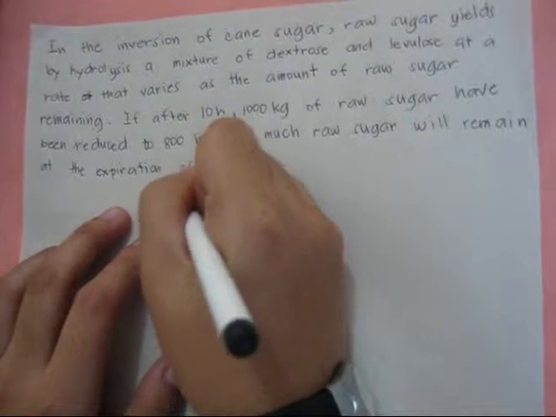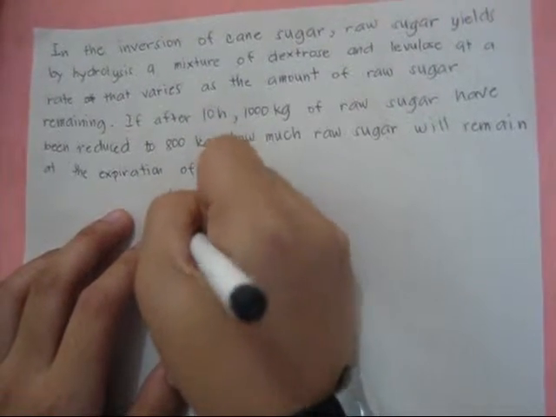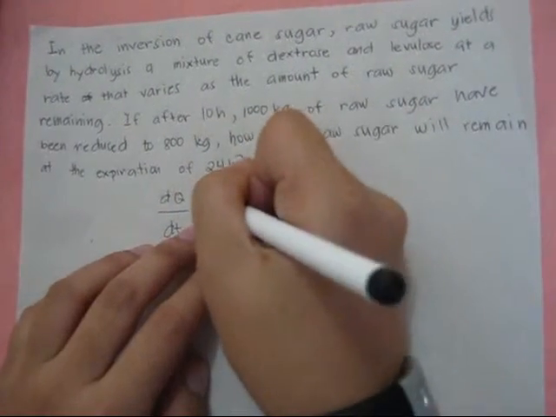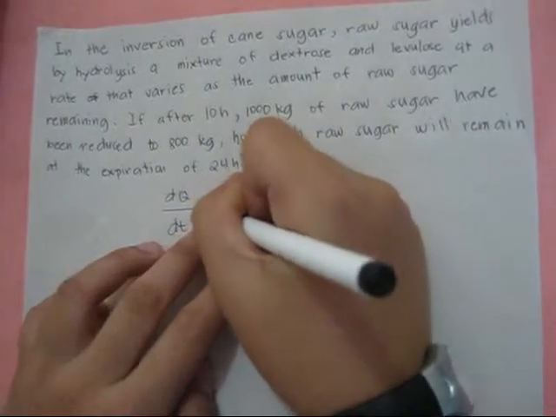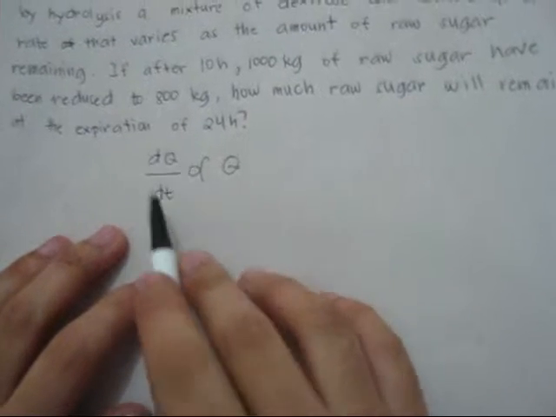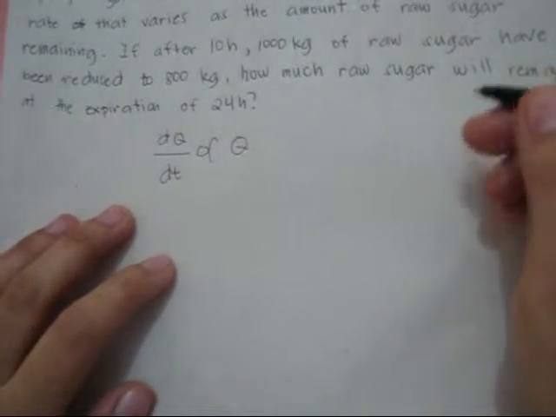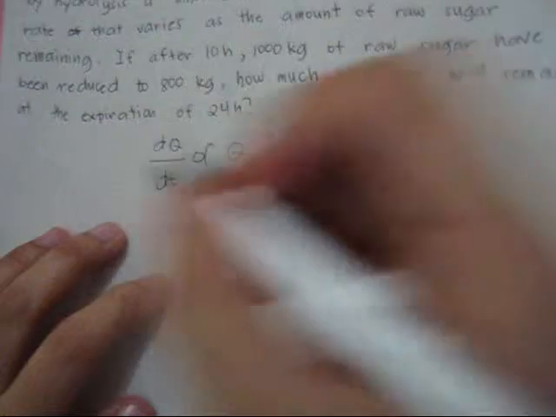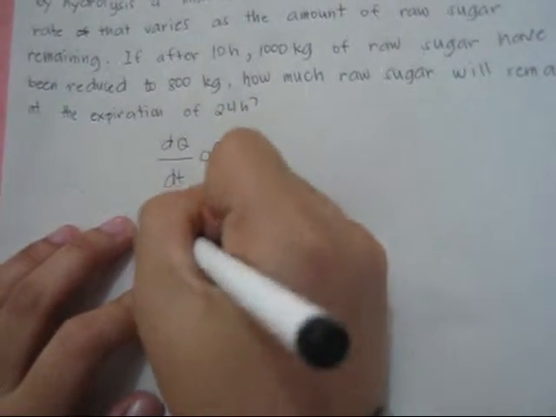So dQ over dt is just this one. As we all know, growth and decay has this form of dQ over dt